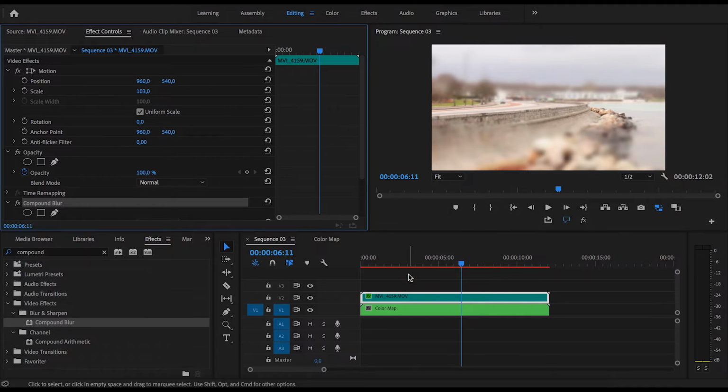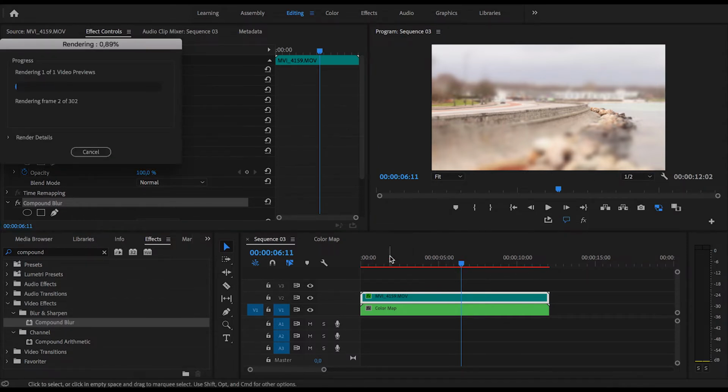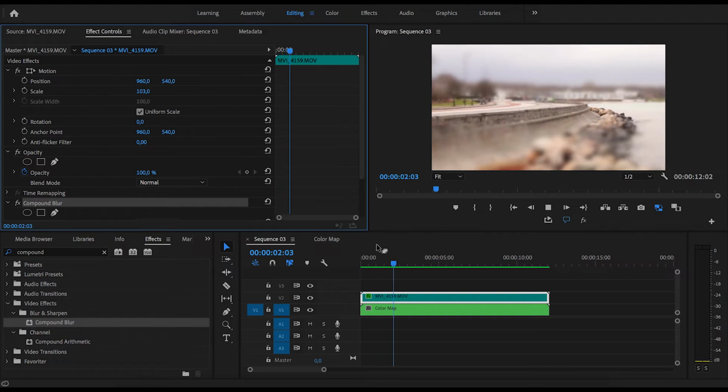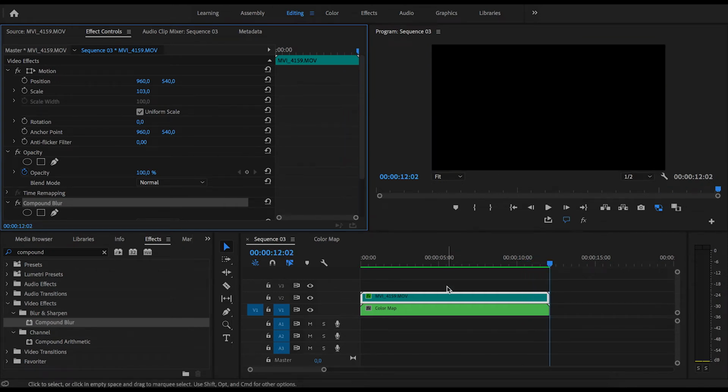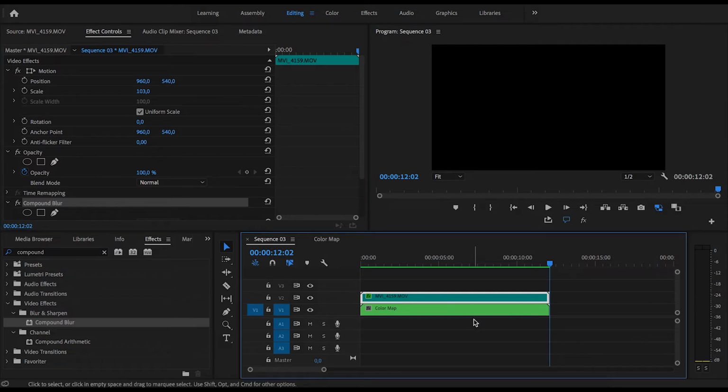So now I'll just quickly render it, but I'll go fast by this, because you don't have to see the whole rendering process. So okay, and here's actually the result of the time lapse, but I don't think it looked that good, so I'll just show you another clip, because I actually went to Las Vegas last summer,